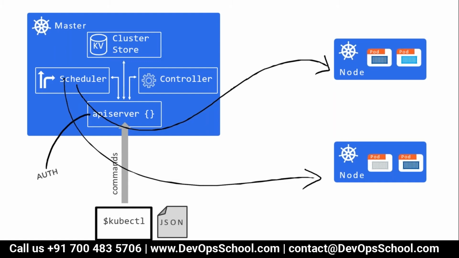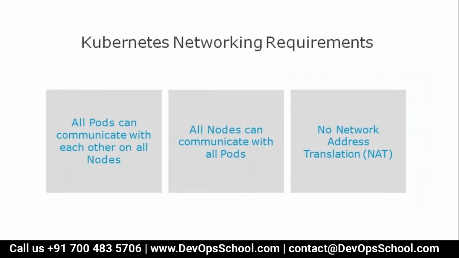Kubectl will talk to the API server. Remember, kubectl will talk to the API server with the package which you have written in JSON or YAML. So now the most important question in my mind right now is what you have in the JSON file or what you have in the YAML file. That is important. So guys, keep this question in your memory: what is there in the JSON file? What is there in the YAML file? If you have that question in your mind, then we should start understanding this.